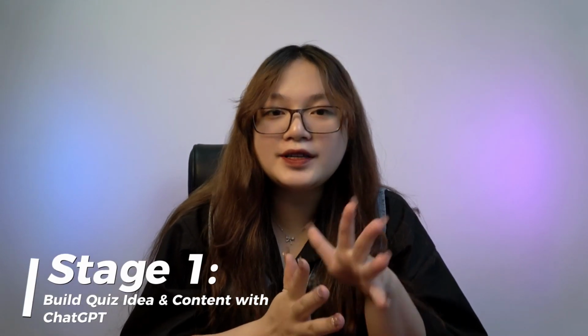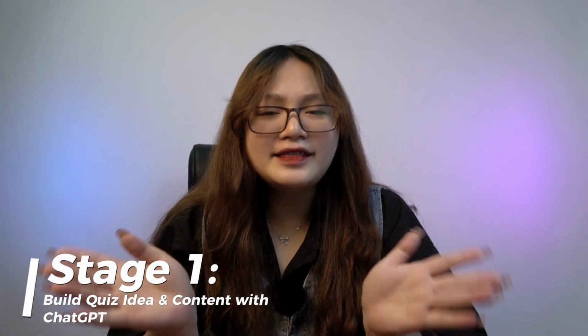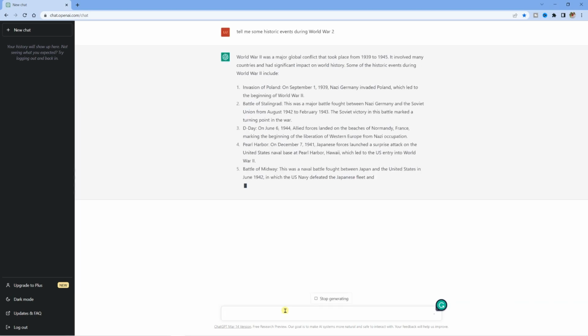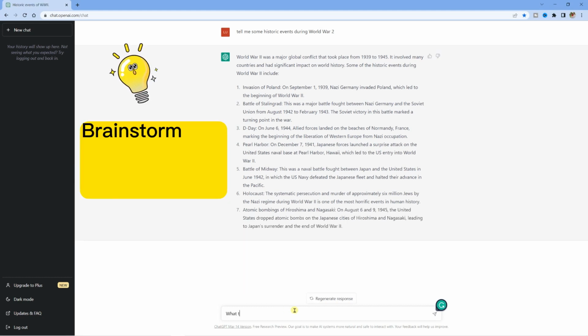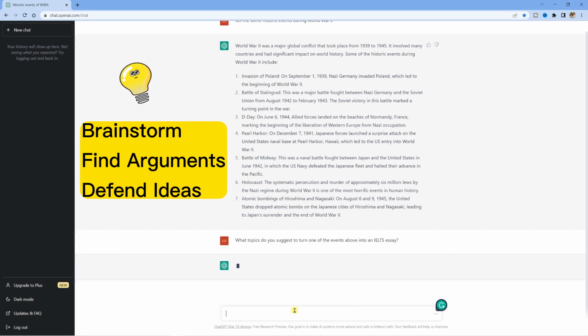So how can we make use of ChatGPT in the field of education, especially in creating e-learning content like quizzes? Simple. Use it as a tool to research for information as well as generate ideas, context, and examples. Then, do fact-check the results based on your knowledge to make sure that the content has the accuracy and the depth. ChatGPT is like a personal tutor and supporter. The more specifically you ask and interact with it, the more it gives you the accurate information. It can help you brainstorm, find your arguments, defend your ideas more firmly once you know how to exploit this